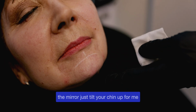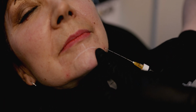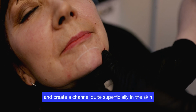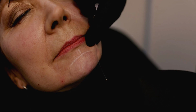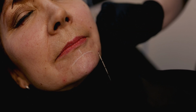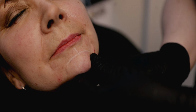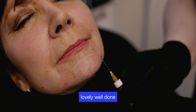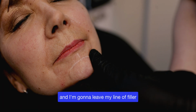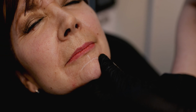Okay, so same again then, Miriam, just tilt your chin up for me, amazing. And I'm just going to feed that into the injection point and create a channel quite superficially in the skin. Lovely, well done. And I'm going to leave my line of filler. And then I'm just